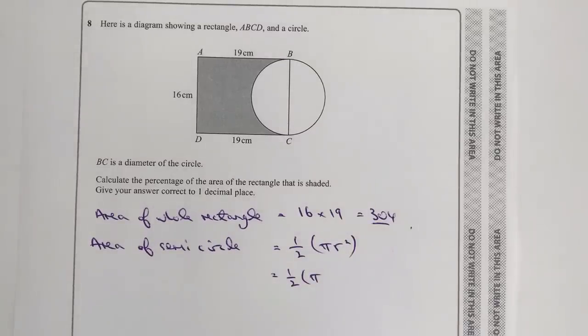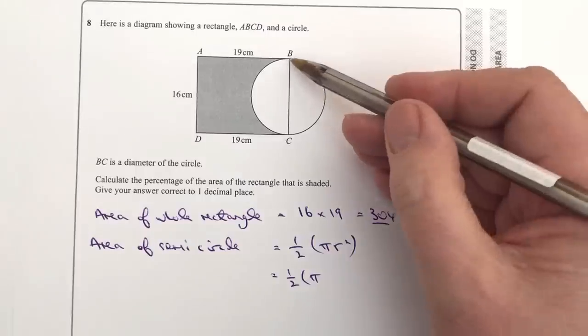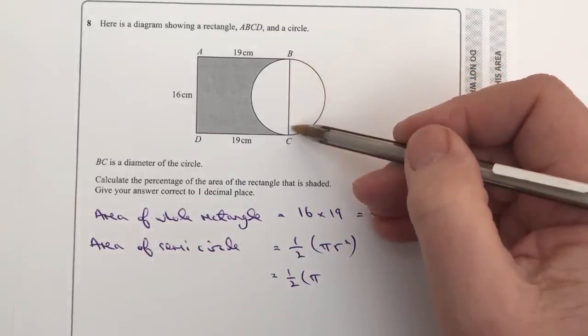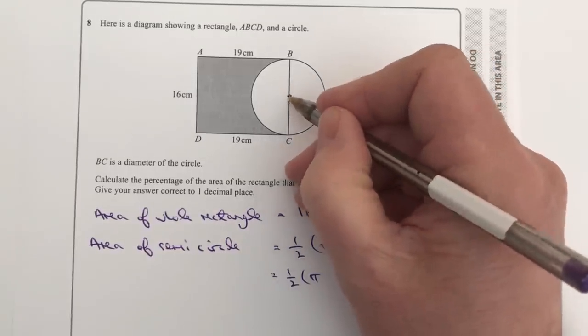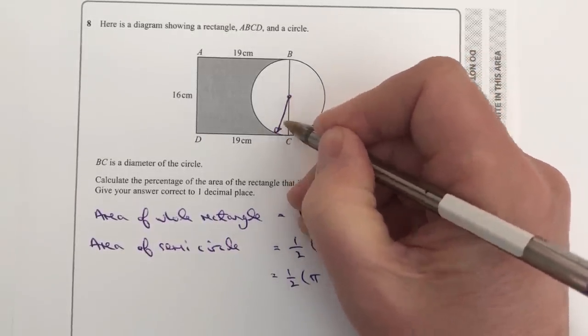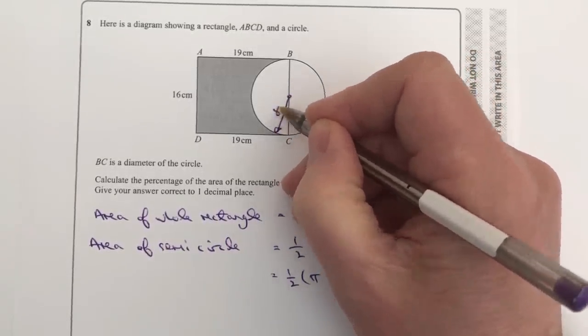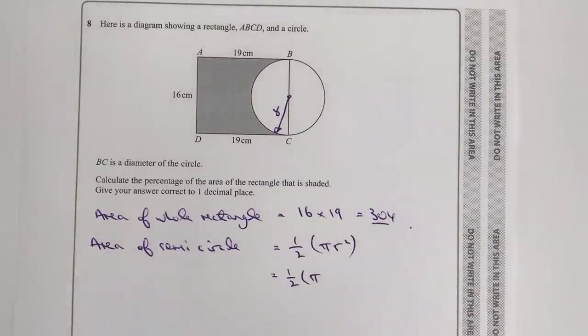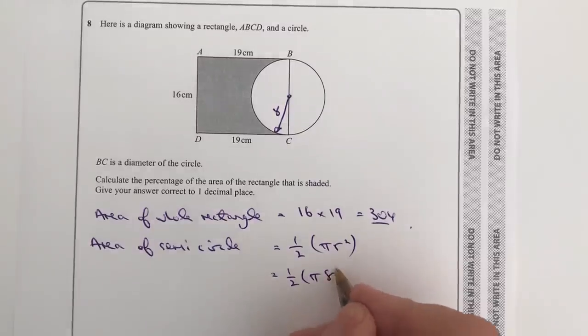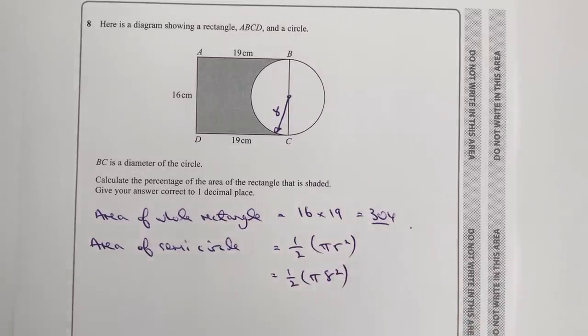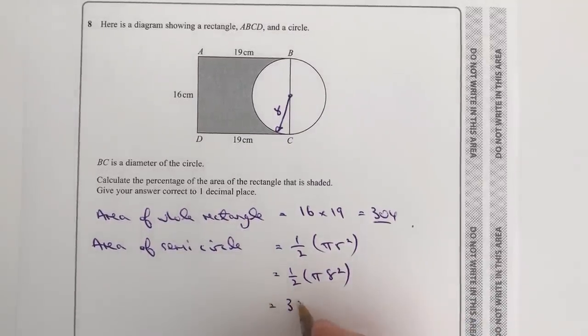Now r on this, well, if you have a look at the diagram, if you refer back to the diagram, what we've got is this, which is 16. So that basically means that the radius is going to be half of 16, which is 8. Okay, so hopefully you'll be able to see that. That's going to be 8 squared. Pop that into a calculator. I'm actually going to get on a calculator 32 pi. Now, if you want to, you can just multiply through by pi, but you don't really need to, just for the sake of this